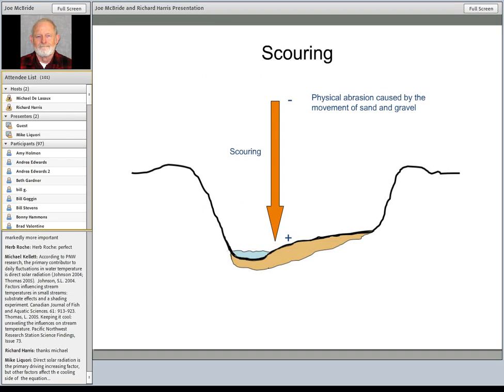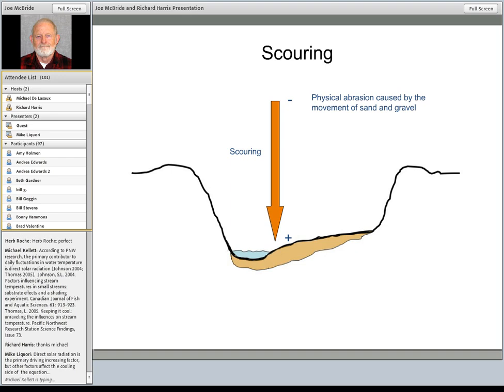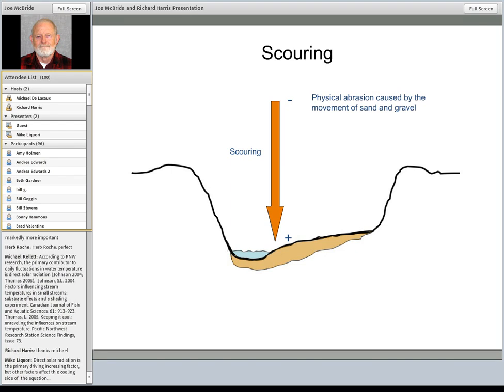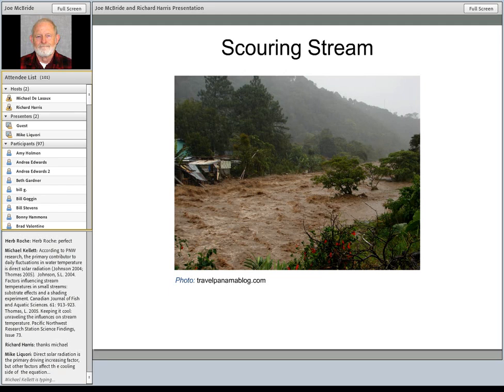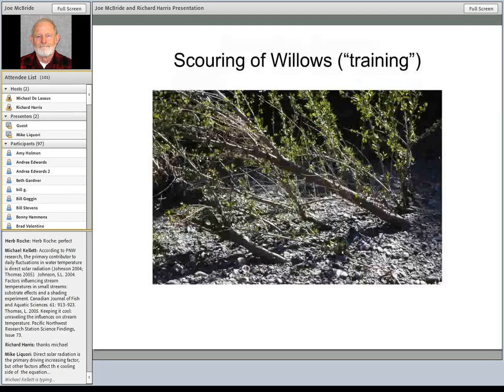Scarring refers to physical abrasion that takes place when, during high water events, sand and gravels are moved along by the flowing water, and they have the potential for scouring not only the stream channel, but plants growing in the channel. When we have a very high velocity flow of water, that water will be able to pick up gravels and sands and move them and abrade